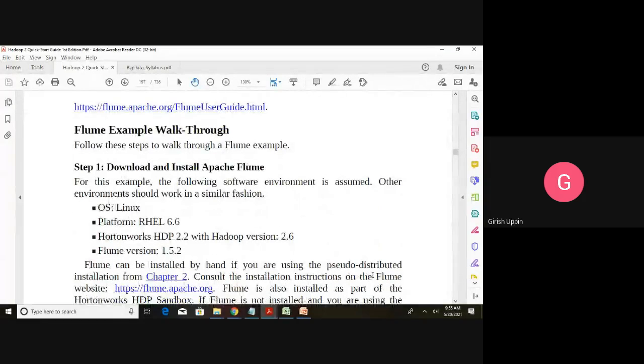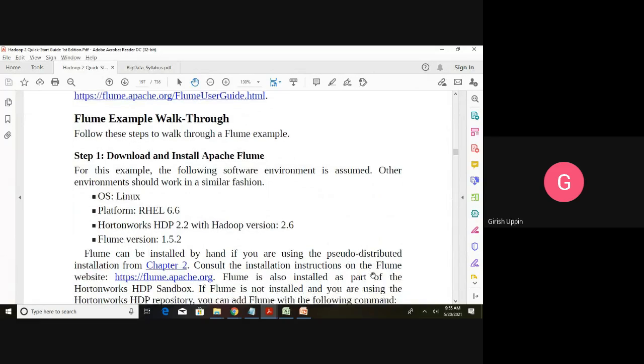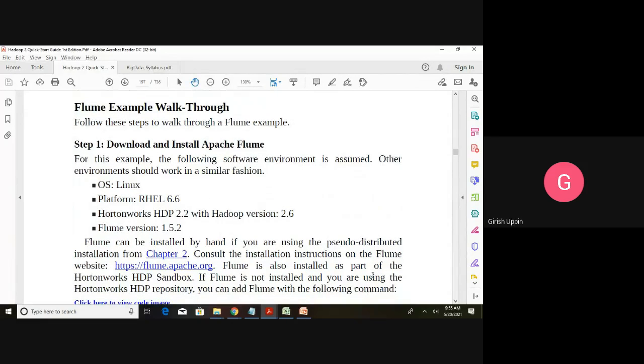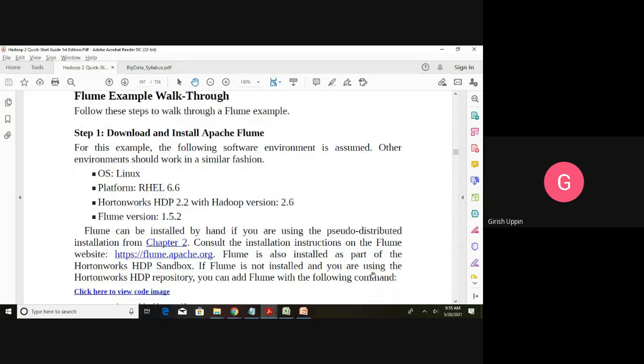So we'll just see one example about Flume. Here is the example: download and install Apache Flume. First, make sure that Apache Flume is installed in the Hadoop environment, and this is the requirement. Here we have Hortonworks HDP 2.2 and Flume version 1.5.2.